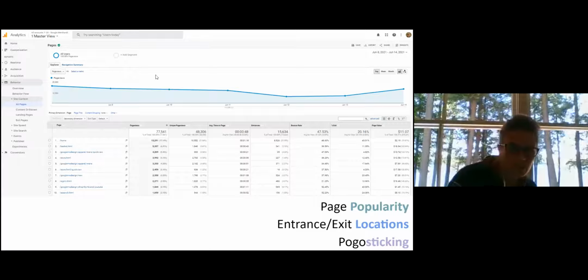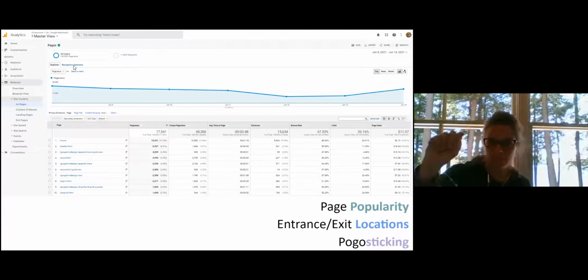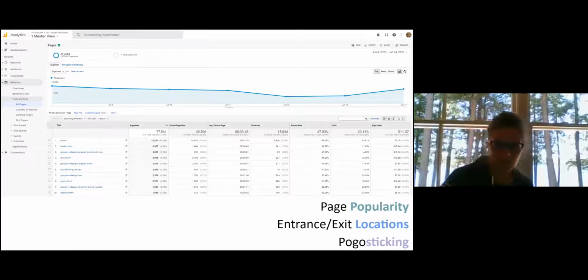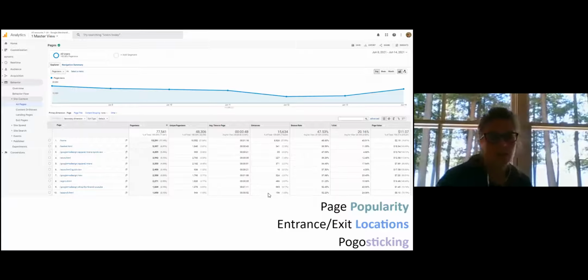If you click on this button here that says navigation summary, you can see the path that people are using to get from page to page within your website. It's really interesting to understand whether people are navigating your website in the way in which you had intended. This column of data here is going to show you the most common entrance paths. So again,